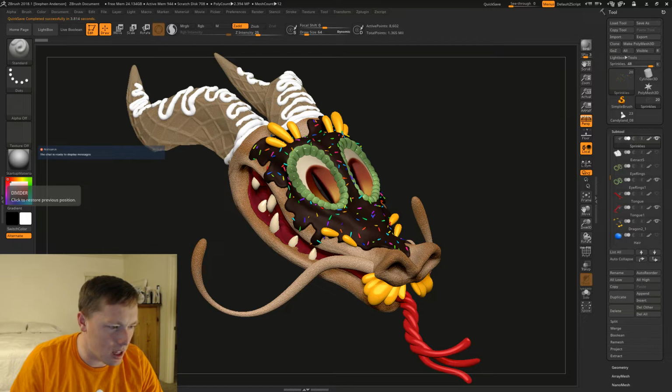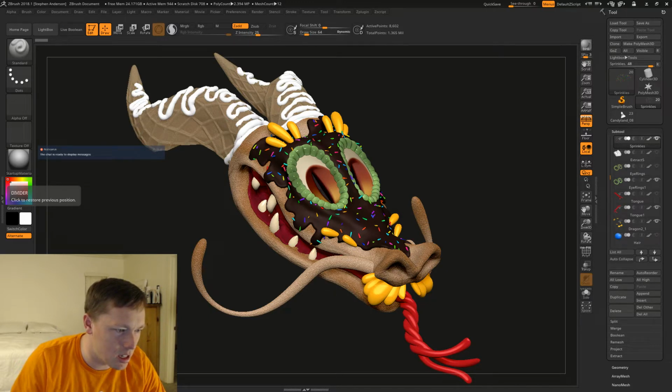Okay, ZBrush live. I want to take the text from my ZBrush live theme and put it into it, but it looks like it won't let me. Let's go copy. Now we're already getting somebody chiming in.